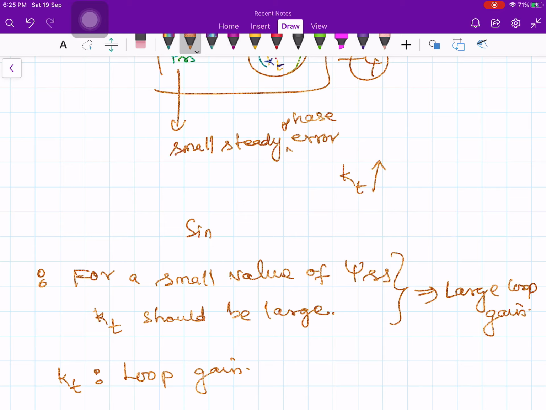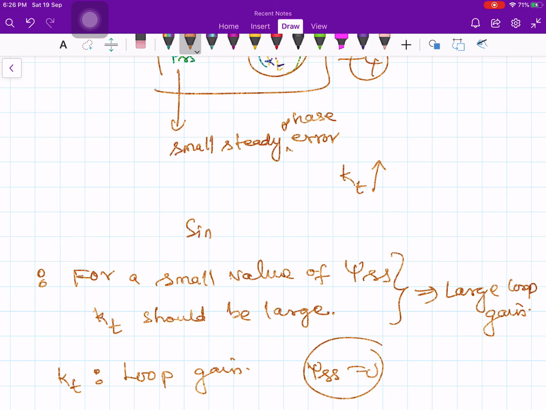So all this discussion was nicely concluded, and we could demonstrate through the phase plane plot that indeed the loop will lock in, and the phase error thus comes to a small value, but it doesn't become 0, of course. Okay, so if you want to make this steady state error psi SS equal to 0,